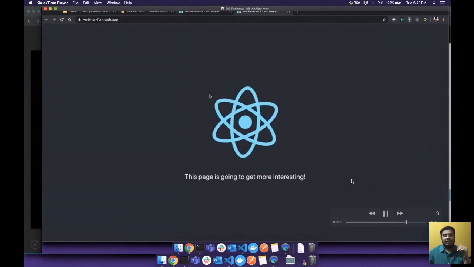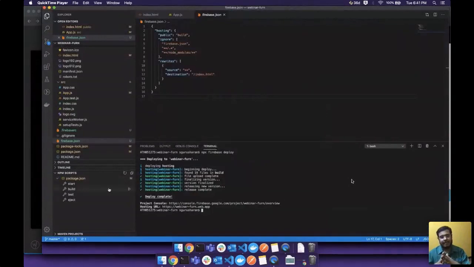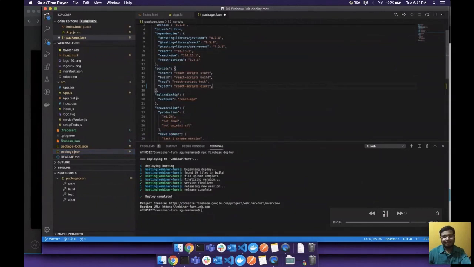All right. So let's now try to combine both these commands into a single script command. Because every time I make a change, I don't want to say build and then deploy and all that. So I'm going to create a small script inside my package.json file. That will combine both these commands, right? All right.